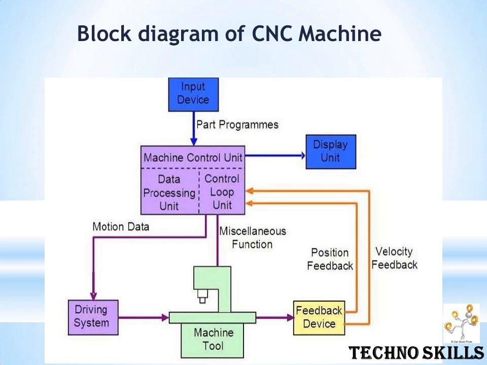So what is this feedback device, and why is it needed? For example, if you give a spindle speed of 500 RPM for machining, I will not know whether my spindle is exactly running at 500 RPM, or running at 400, or overshooting. We may not know that unless we take a tachometer and measure it. That is why we have an inbuilt feedback device in the CNC for position checking as well as speed checking.